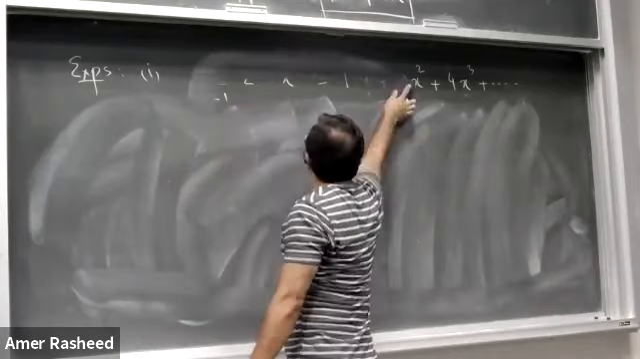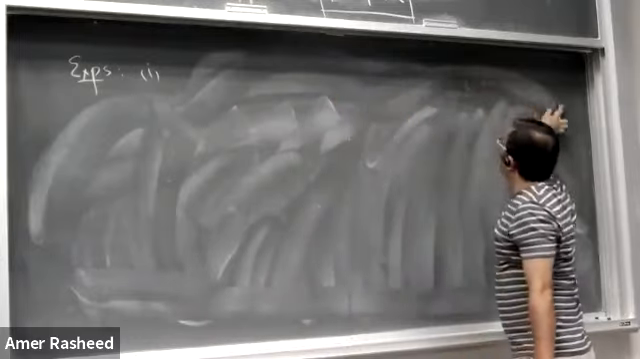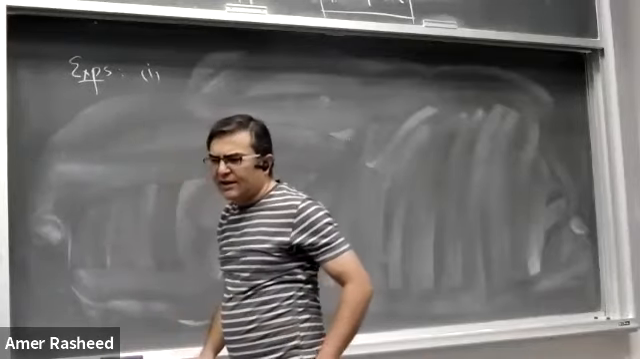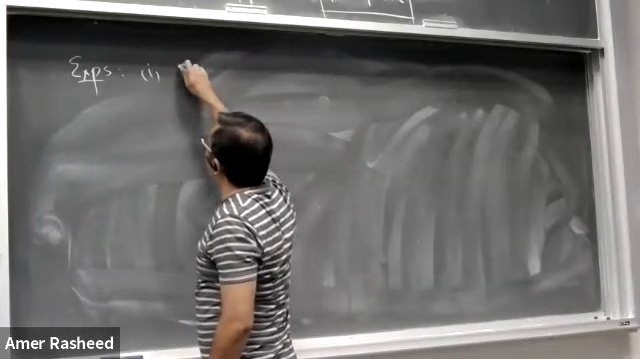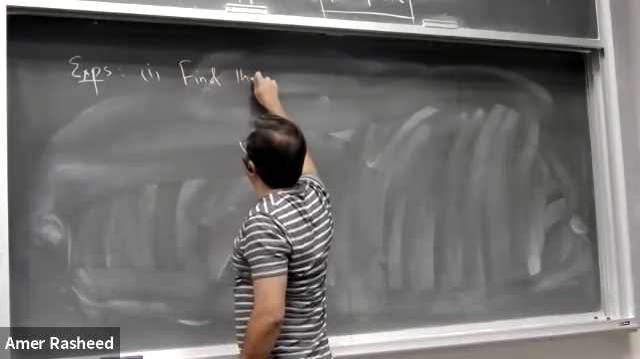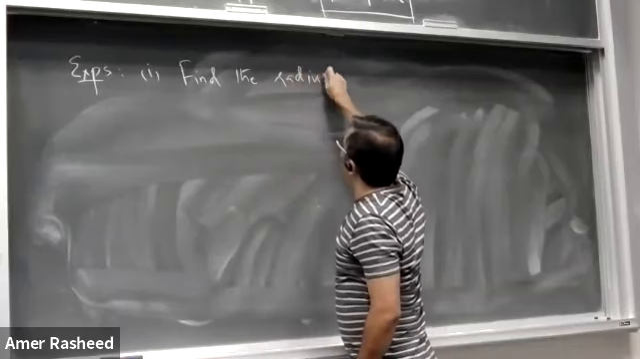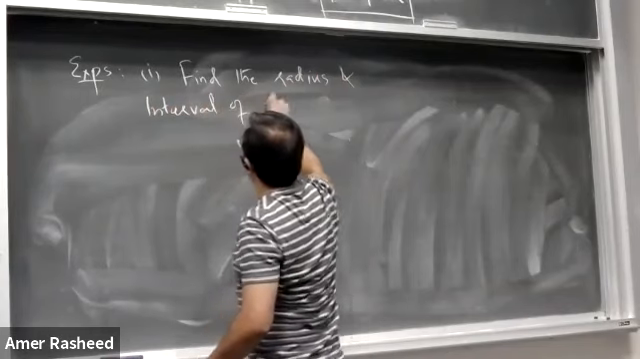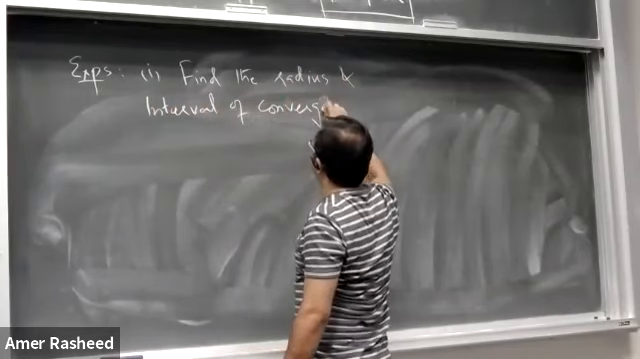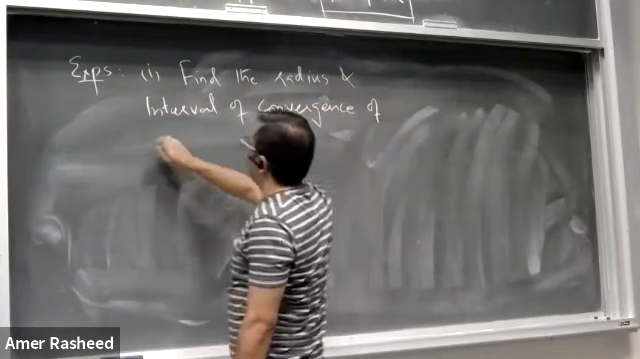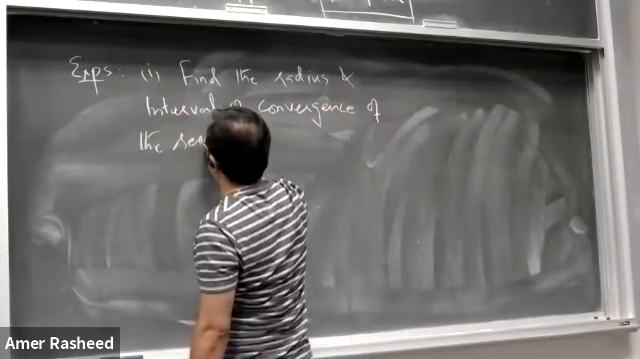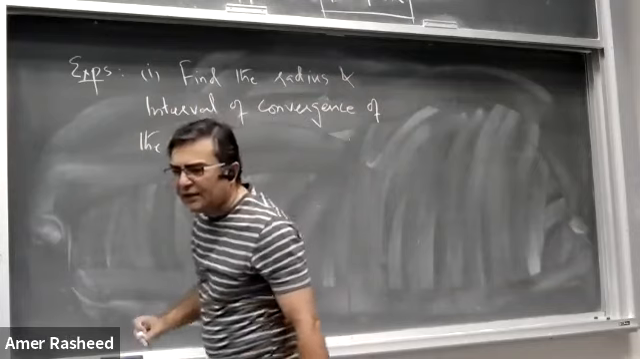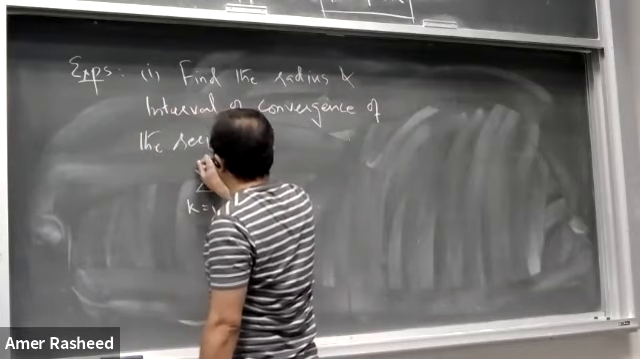अब देखिए, let us discuss the convergence of any given series with the help of ratio test. Ratio test: find the radius and interval of convergence of the series. Series कुछ भी हो, पावर सीरीज है तो ठीक है, नहीं तो फिर भी हमने रेशियो टेस्ट यूज करना है. So it is k from 1 to infinity